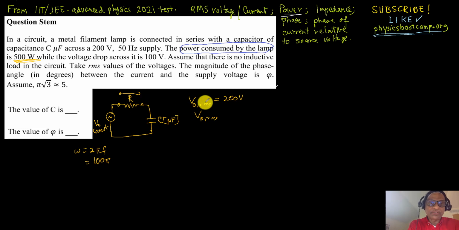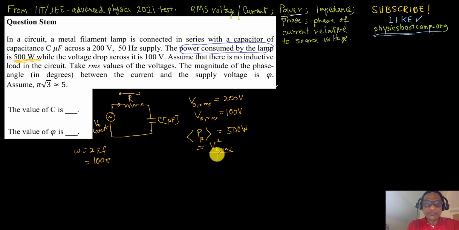The voltage across that is 100 volts. That's given, and the power used by the resistor, time average, where I'm going to use the angle bracket to denote time average, is 500 watts, and we know this by formula is VR RMS